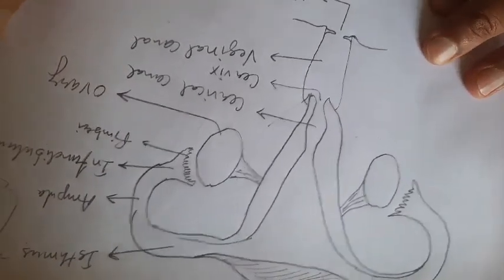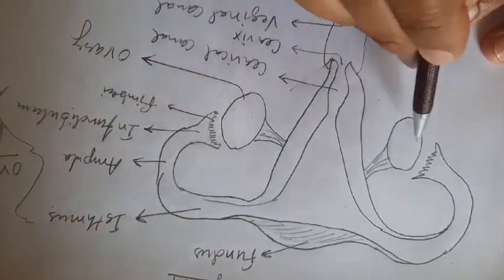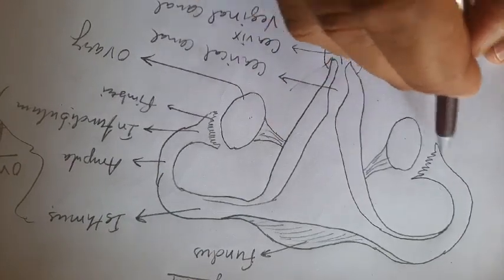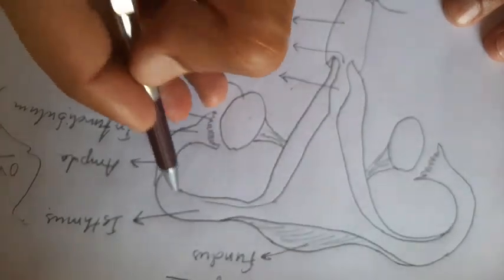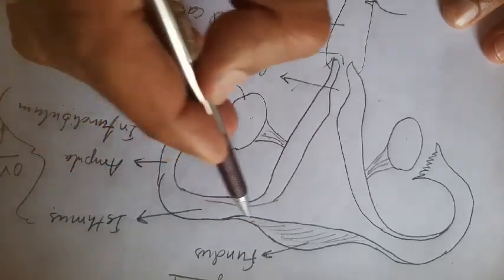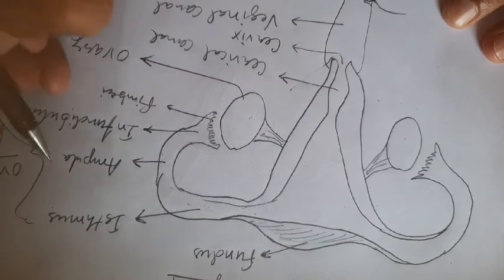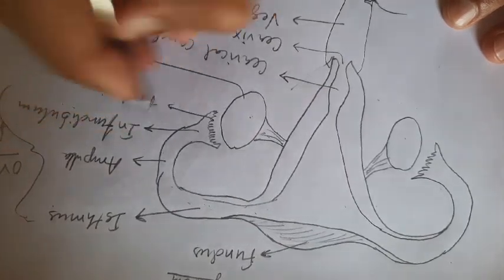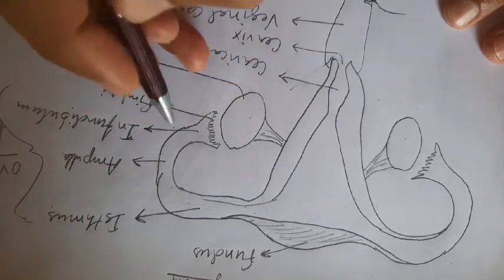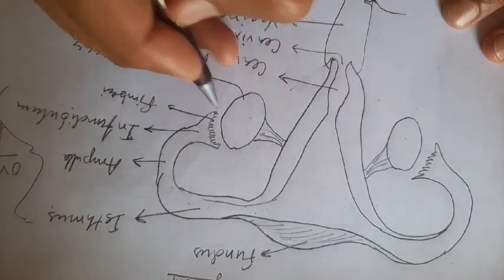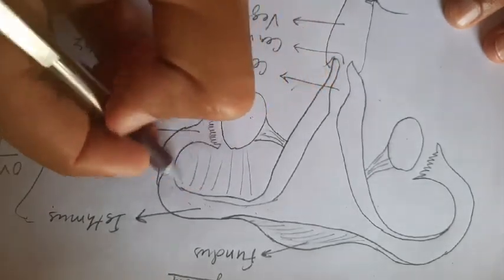Now, the female reproductive system consists of the primary female sex organs, one pair of ovaries, and accessory reproductive ducts. These ducts include the oviduct. The oviduct has three parts. The part proximal to the uterus is called isthmus, then ampulla, and infundibulum, the terminal portion. It is very close to the ovary. The ovaries are connected to the uterine wall and the pelvic wall by ligaments. They are all connected by ligaments.